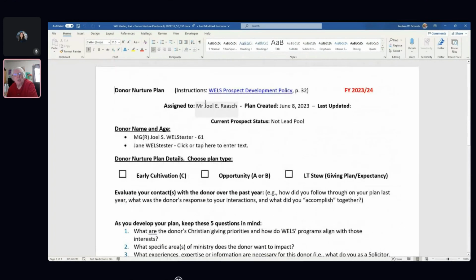It's there, but you can see the word merge information. So it has the solicitor, the date, and it has the donor information, person and age, as well as the spouse. Now you'll notice here that it says click or tap here to enter text. This is one of those efficiency things. There is no age for this donor because it's just test information. So it just shows kind of the default info.